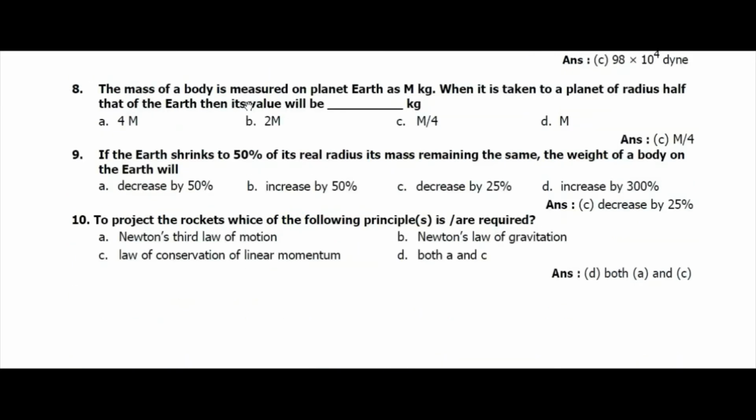The mass of a body is measured on planet Earth as M kg. When it is taken to a planet of radius half that of the Earth, then its value will be dash kg. Option C, capital M divided by 4. Next, if the Earth shrinks to 50% of its real radius, its mass remaining the